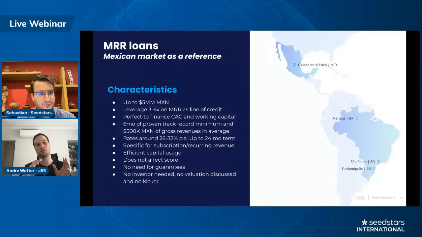When we're looking at more traditional venture-backed companies, what we're looking for is companies which are growing, and able to raise additional capital, but also companies which have good unit economics. We know that if they have to turn and make positive EBITDA, they're able to pay us back those lines. So even though they have a cash burn, we know that they can cut that and still make money if they want to. So we're mostly looking at traction data and banking data to be able to do our loans. And we don't really need to understand who is behind the operation, or if the operation has a good venture capital